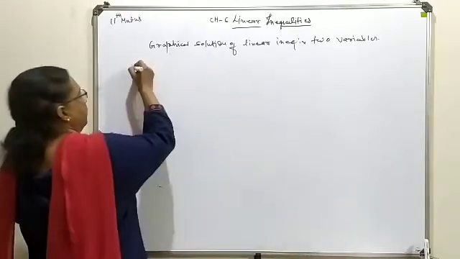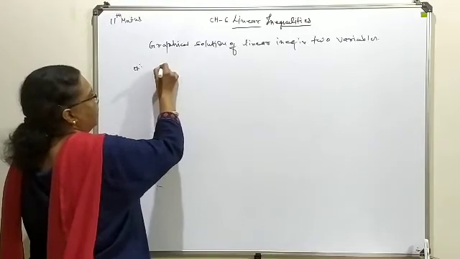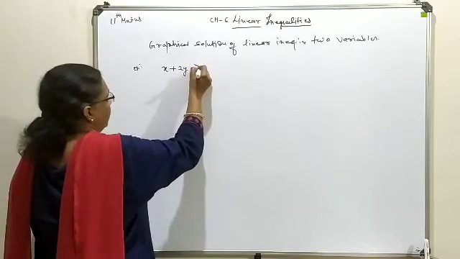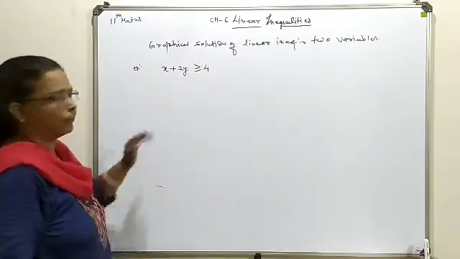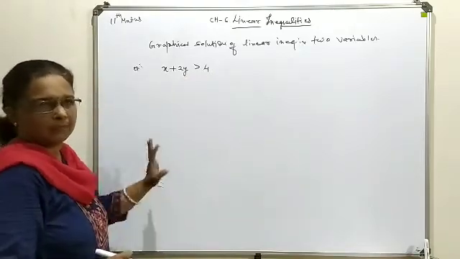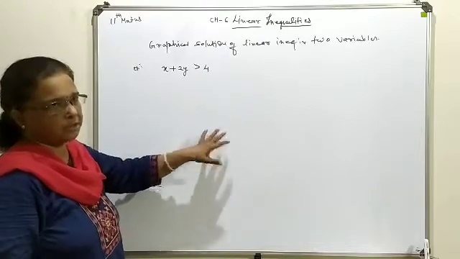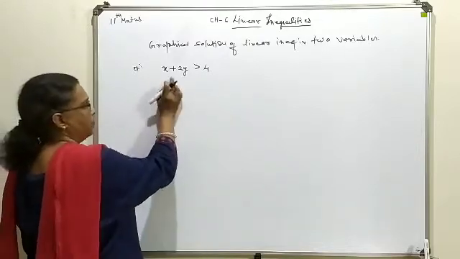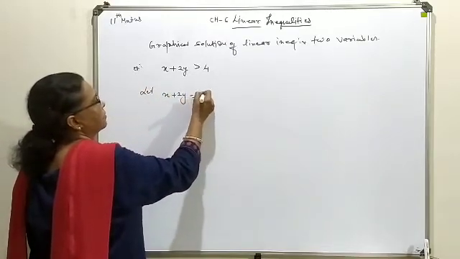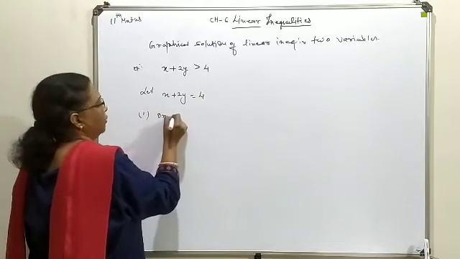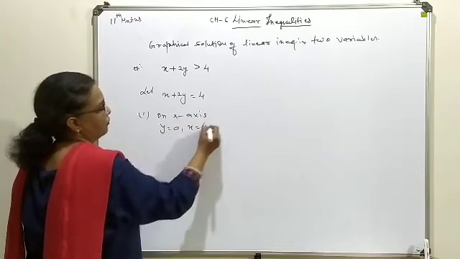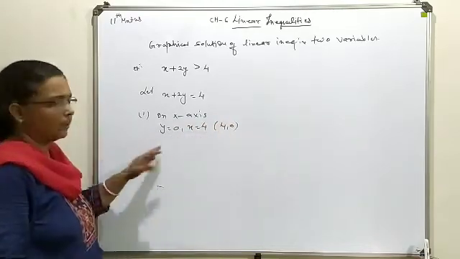Now one more example we are going to take, that is, suppose we are having x plus 2y greater than or equal to 4, or here don't take even the equal sign. Now this inequality we want to locate on a graph and shade a region accordingly. First of all, let this be an equation like this. First we will find out, on the x-axis, y is equal to 0. So obviously x you will get as 4. So your point becomes (4, 0).